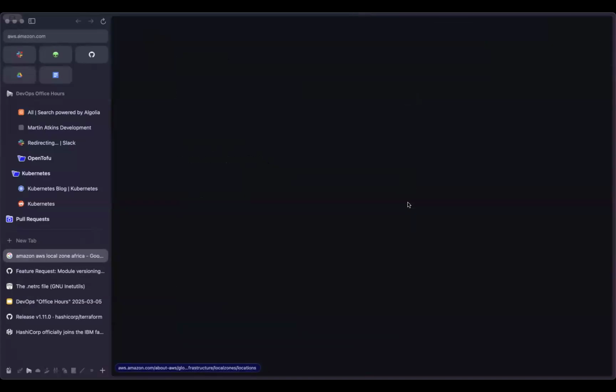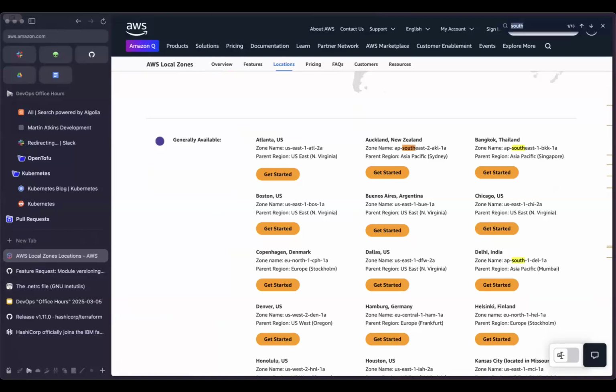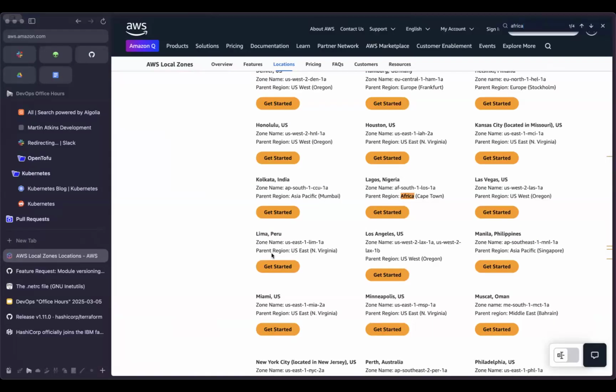They got bigger problems to solve in a lot of places. Nigeria, Ghana could probably be the first couple countries to get that thing solved. That is interesting, though. They do have local zones in these different places. I was going to say that sounds like the first step is get a local zone with a subset of the popular services in some of those countries, and then expand from there. I think that's the only one, though, right? Nigeria, Lagos, yeah.